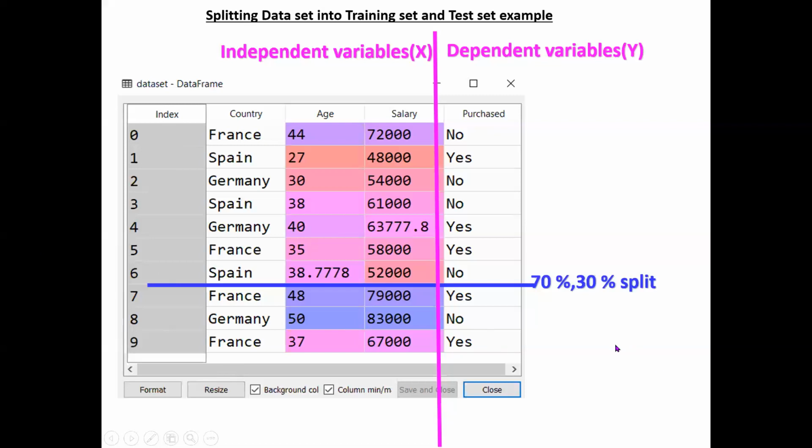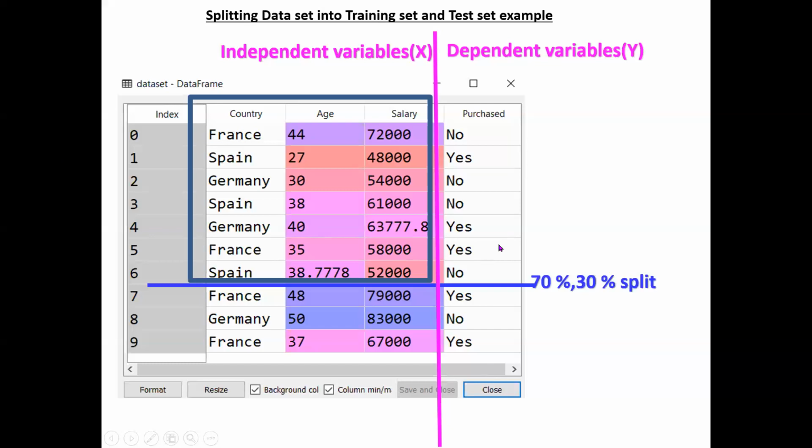And also don't assume that the first 7 are training and the last 3 are test. Generally, if we use a random split, it will take a random 7 rows as the training set. Of course, there is also another technique called cross validation. I will explain it while we move on to the next algorithms. That is also another technique of dividing into training and testing sets. But this is a random split. So in the random split, any 7 rows are considered as the training set, and the remaining 3 rows are considered as the test set. Okay. So after this division, now you have 4 boxes.